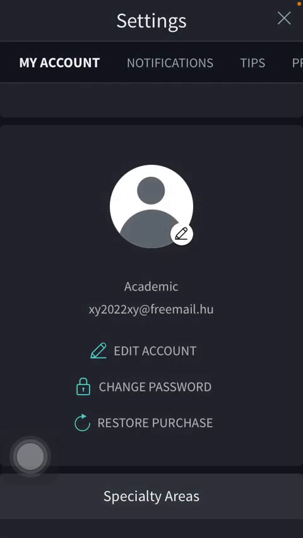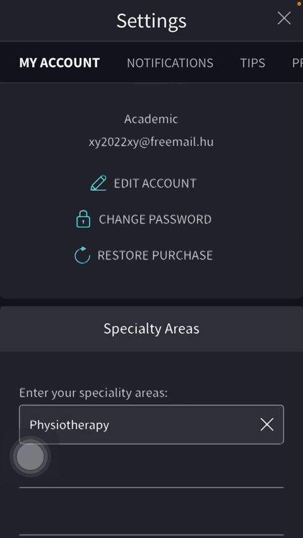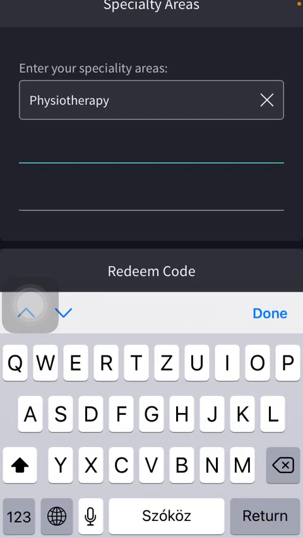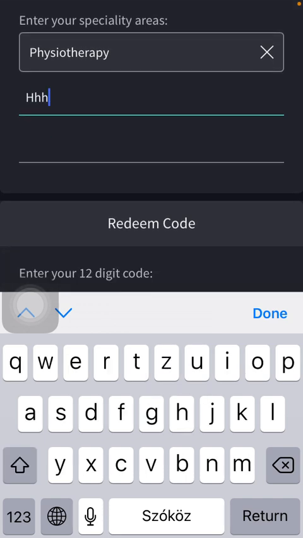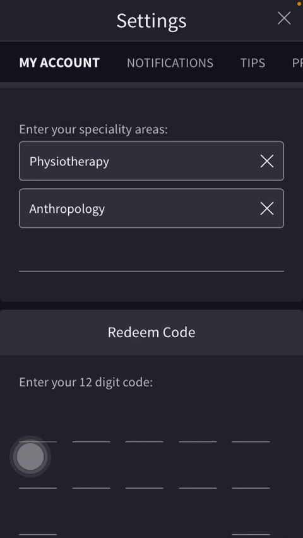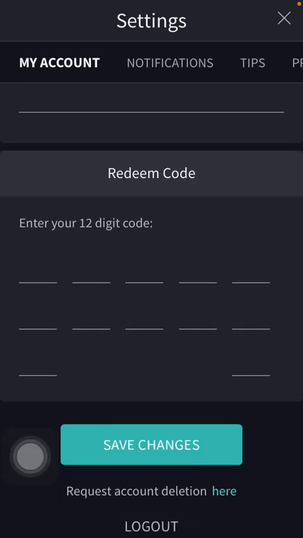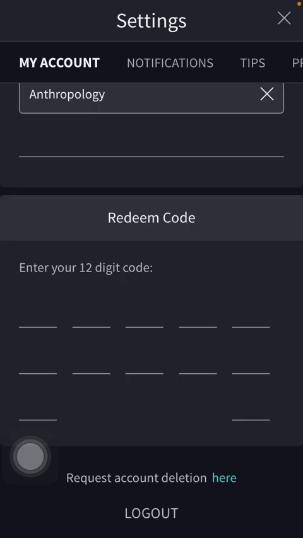If you want to, you can also add the profile picture at the top, and if you want to, you can add your specialty areas. If you tap on it, here you can see that physiotherapy has been added, but you can also type in anything you want to. And basically that's it. If you are done, click on the Save Changes button and everything will be saved and